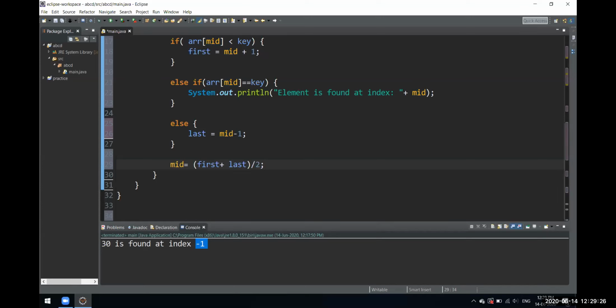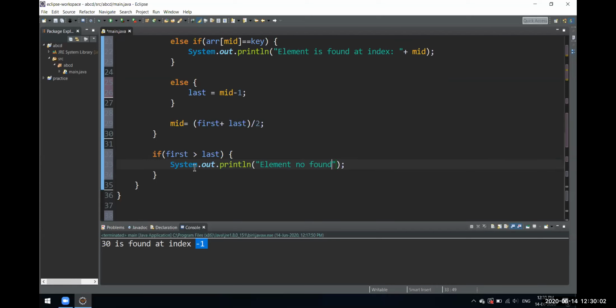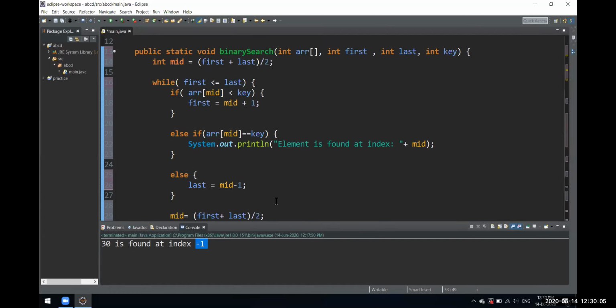And just one more if condition we'll have over here: one more validation we'll add, if the first one is greater than the last one, in that case just print out element not found. So yeah, this is the whole function for this.